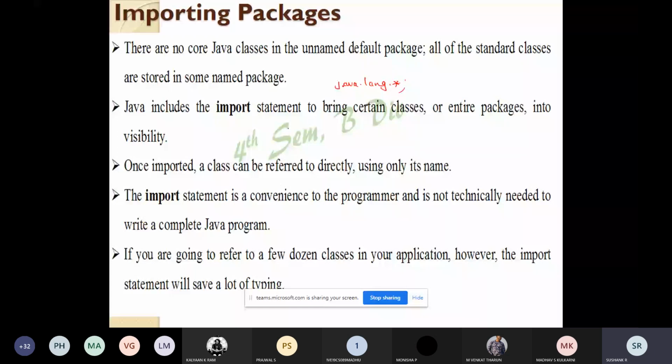All the standard Java classes are stored in this standard top level package called Java, and all the basic language functions are stored in a sub package called lang. So normally, if you want some classes to be used, we can go with import java.lang.*, or instead of star, you can use class names also. The class name can be like System, or like String.